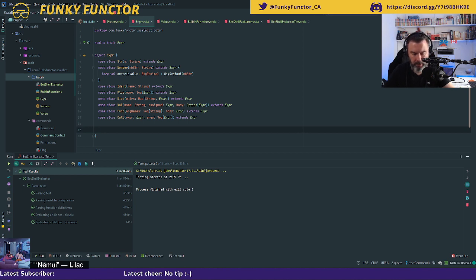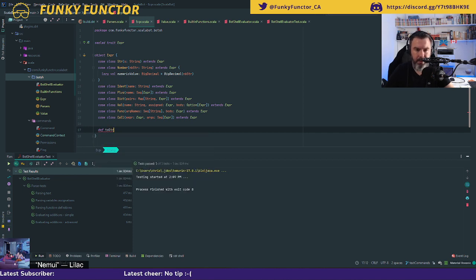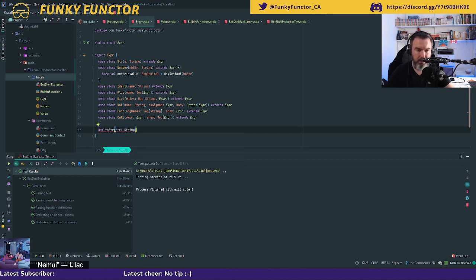So here I need to do a def toStr. It will take a string as an input, which I'm going to call str, and it will return a Str. Str is the string representation in my abstract syntax tree.